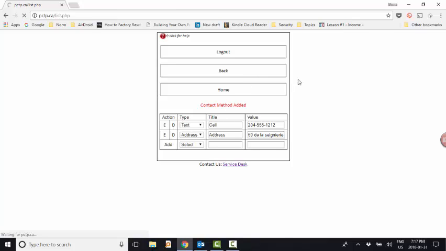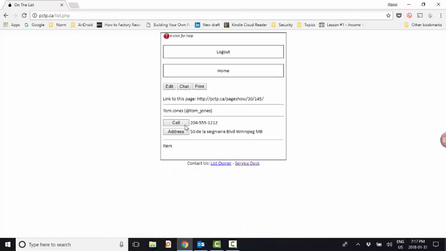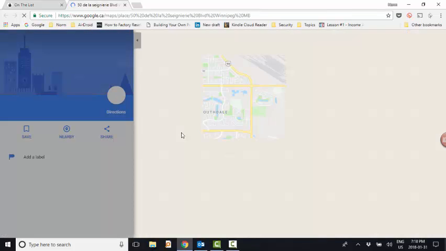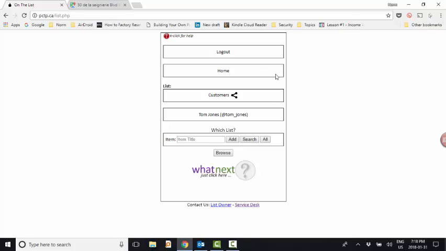now when we go back to the folder and we view the file, we can call him on the cell phone here. You can also click the address field, which will take you right to a Google map to that particular location. We'll go back to our home page,